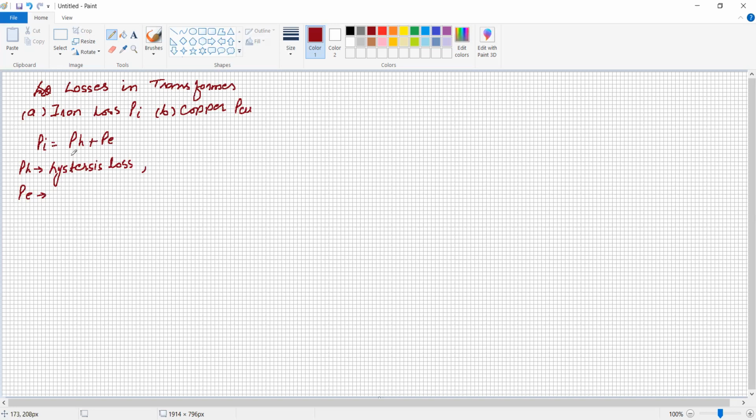And second is the eddy current loss. Because of the continuous change in the magnetic flux, or sinusoidal magnetic flux, an EMF is induced in the magnetic core, and that induced EMF circulates current in the magnetic material, which gives the losses. It is no doubt an active loss, but the eddy current loss is due to the resistance of the magnetic material and the current flowing over the surface of the magnetic material. So it is an eddy current loss.